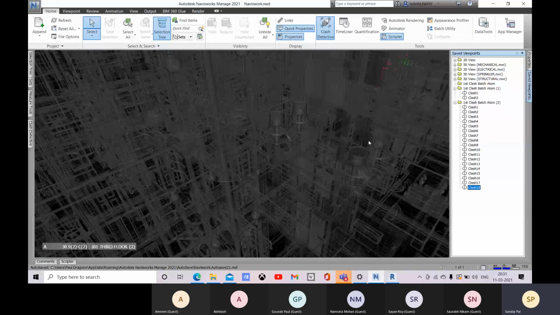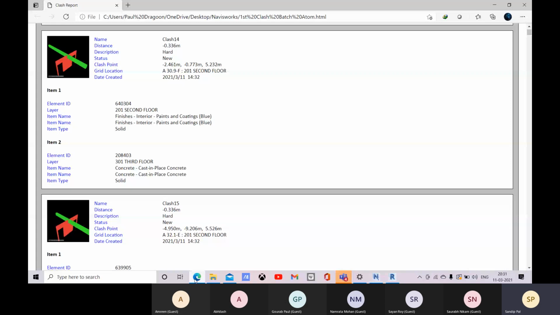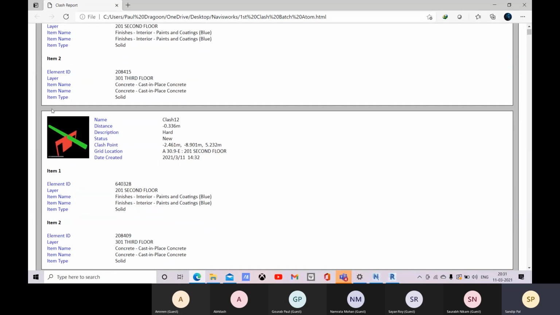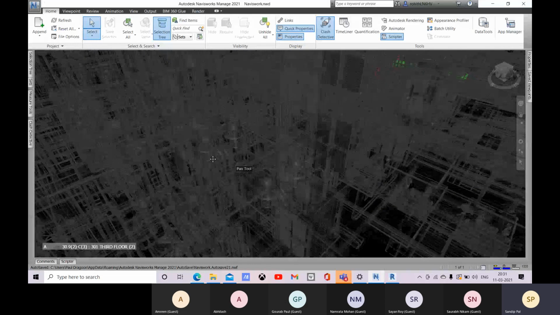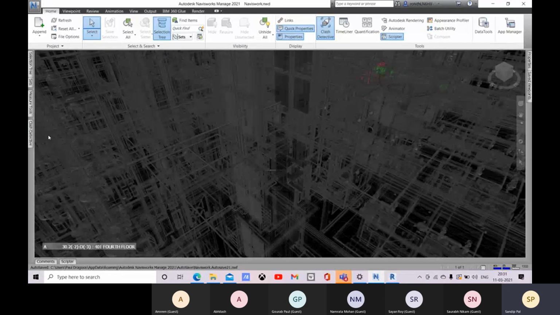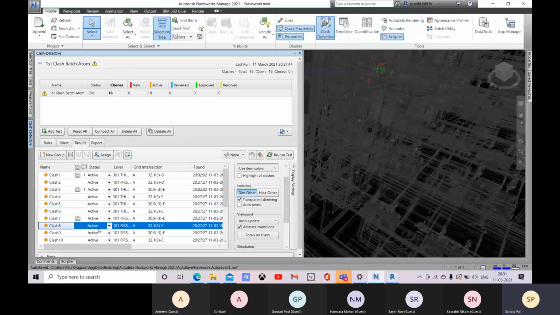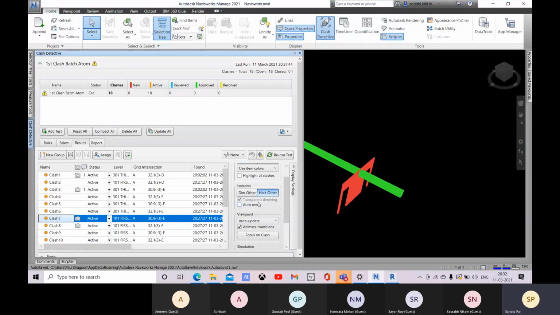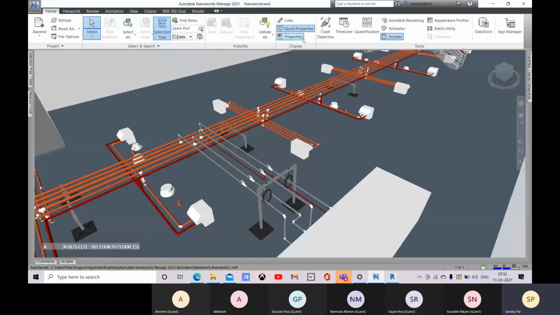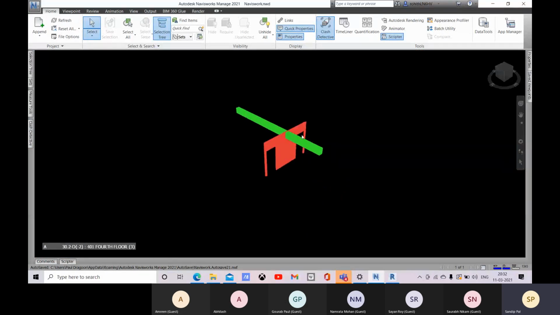And now let's know about this. So here you can see that the item 1, and for all the items we have this. So now let's go for this one. Suppose you come to this class 8, and you come to this flash 7. So there you can see, and let me go for this hide other, and now here you can see that this is your class test between architectural and structural, right?